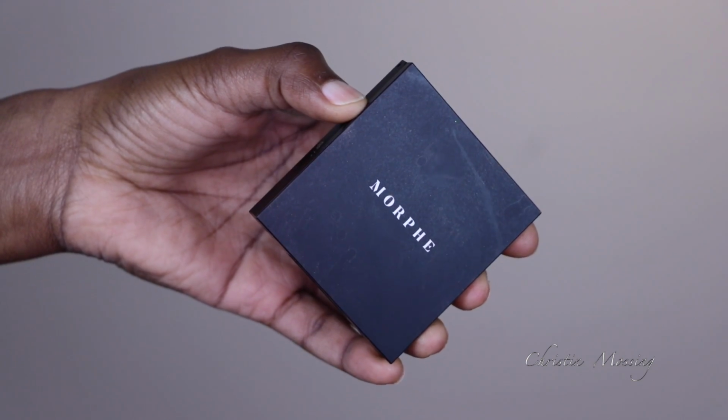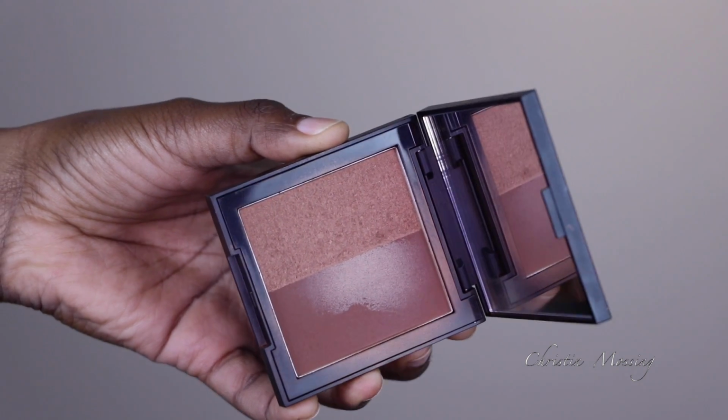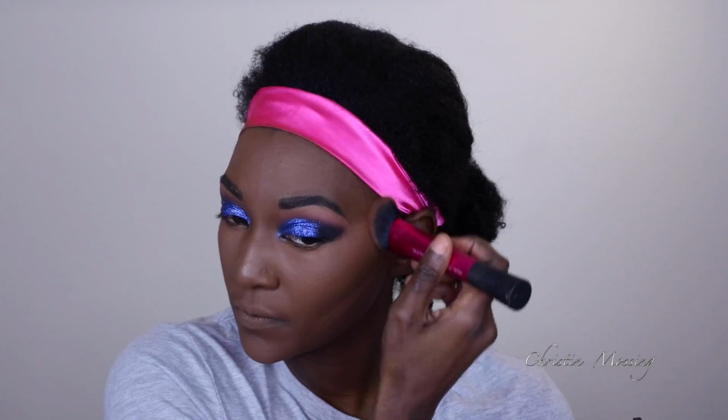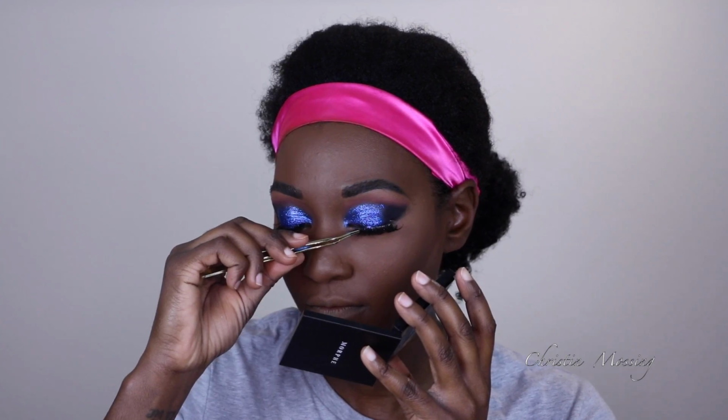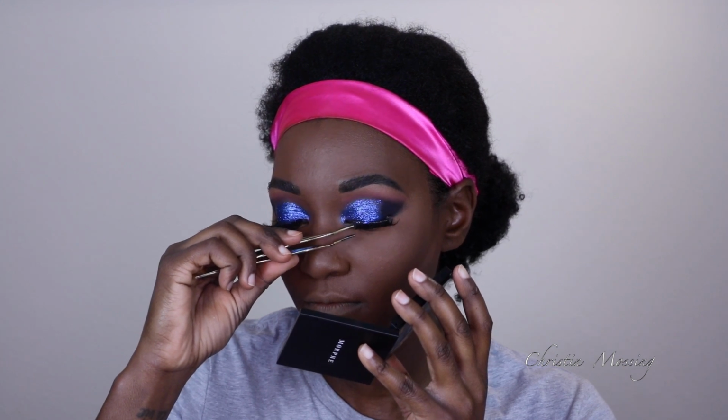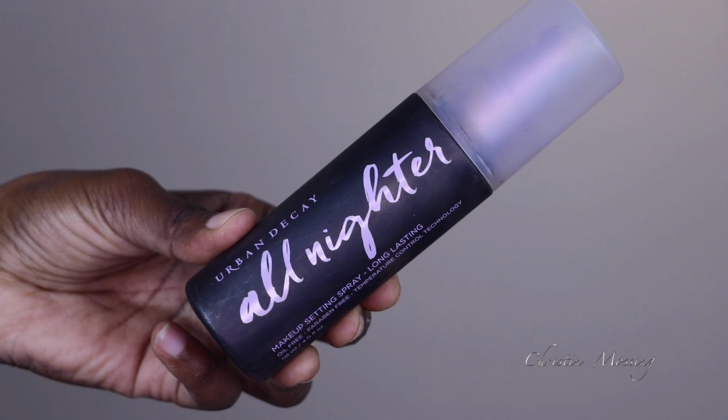I wasn't going to contour, but I'm going to go in with my bronzer contour hybrid type thing and kind of warm up my face a little bit, because usually when I do contour I use a cool shade so it looks more shadowy, but since I had a cool dark shade on, I couldn't contour. It didn't look right. So then I'm going to pop on these lashes,